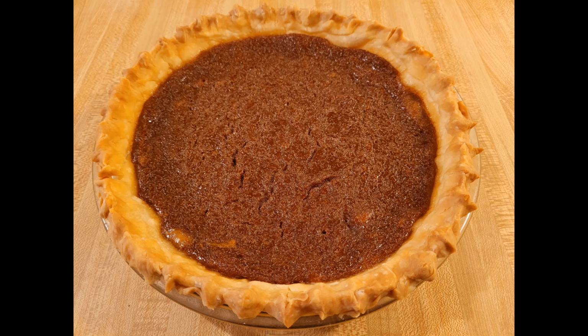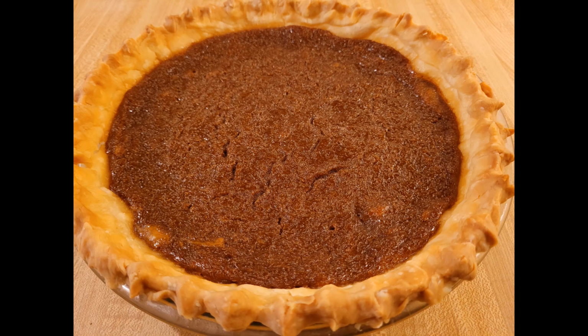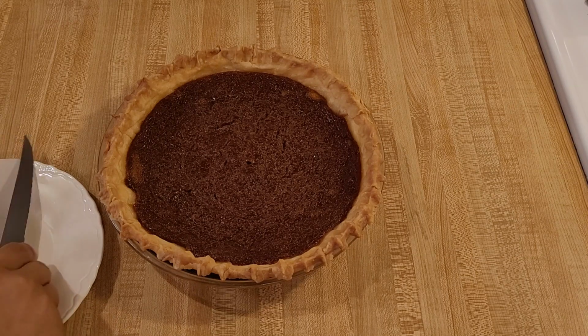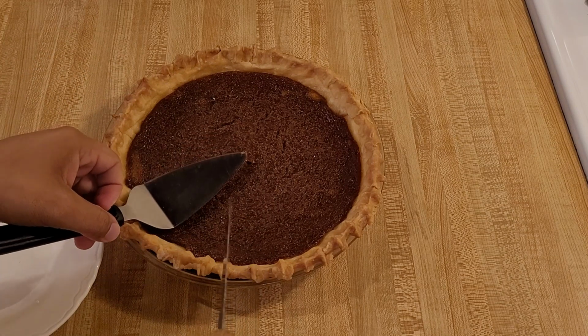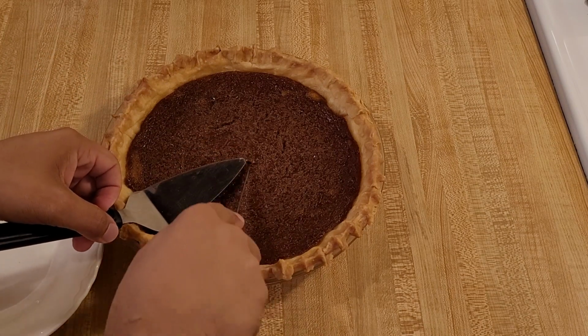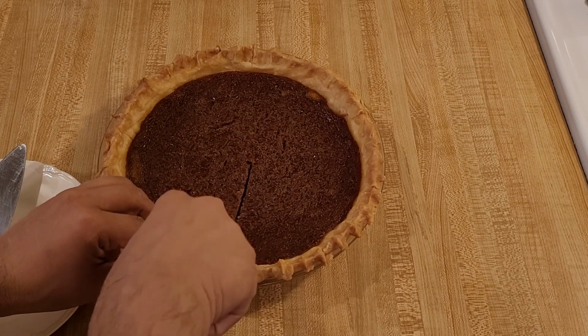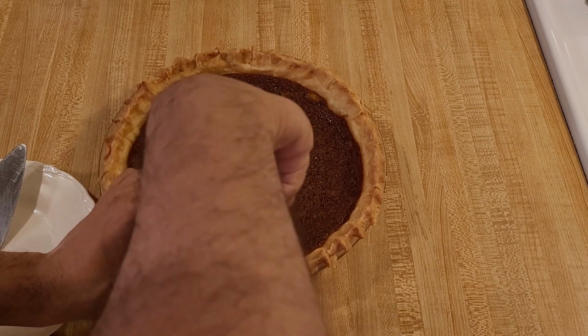Although I definitely liked the golden brown crust, I honestly wasn't sure what I thought about the filling. Apple butter is normally brown, so I guess I shouldn't have been too surprised by the color, but I felt like the filling looked kind of unappetizing, so I was really curious to give it a try. And when I took the first bite, I knew that in spite of its brownish, somewhat unattractive color, this apple butter pie recipe was a big success